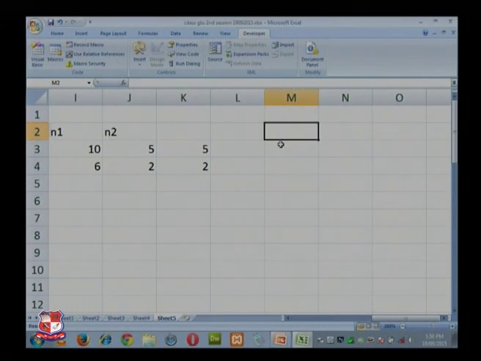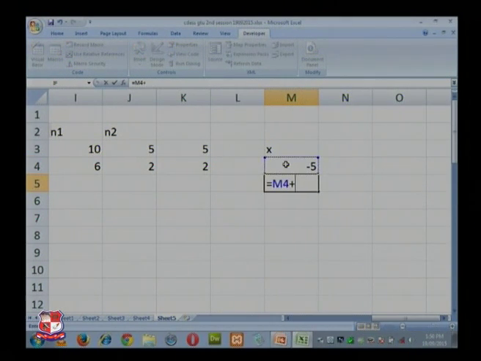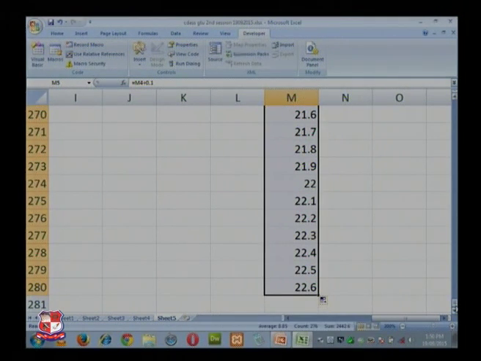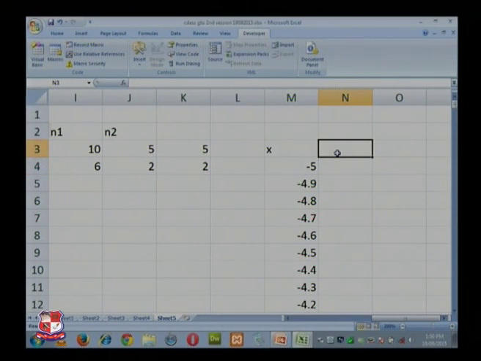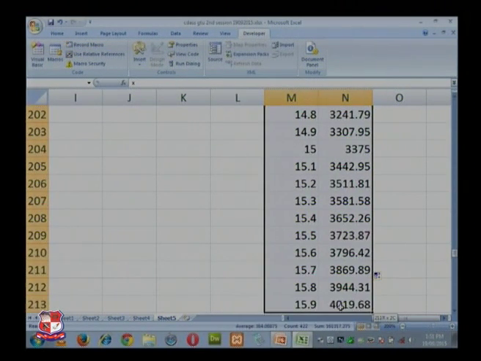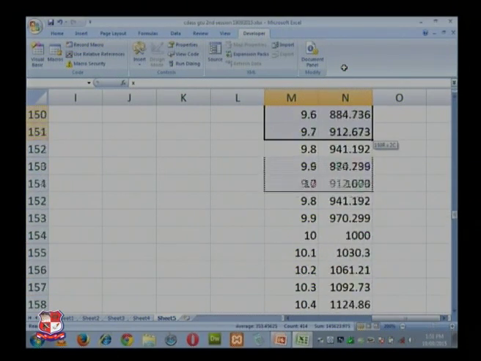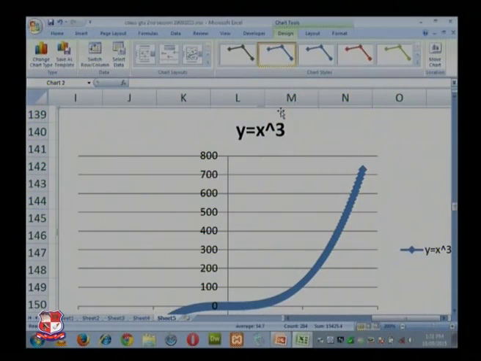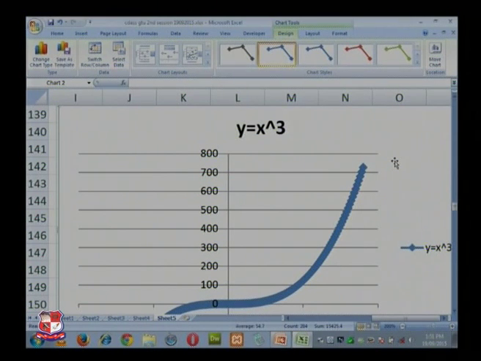Suppose you have x values from minus 5, as usual, and you drag it. Then x cube is equal to this to the power 3. Let it be 9. Insert. Now, if you want to see how the points move,